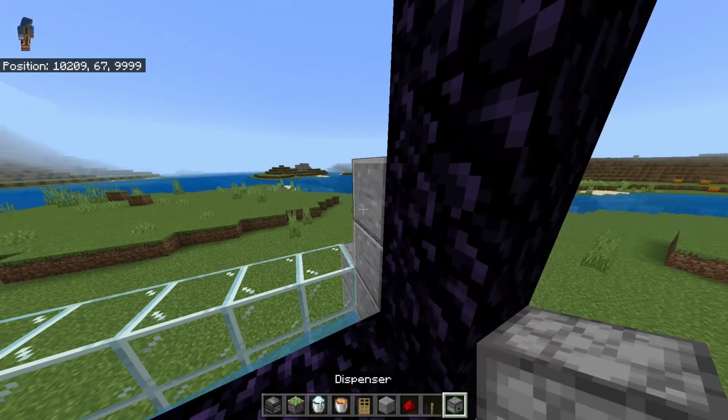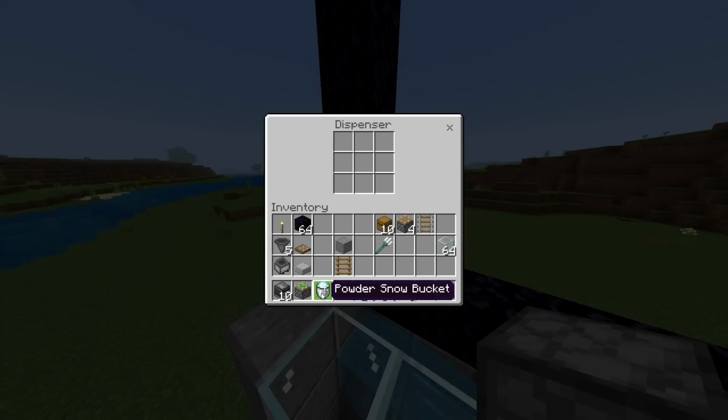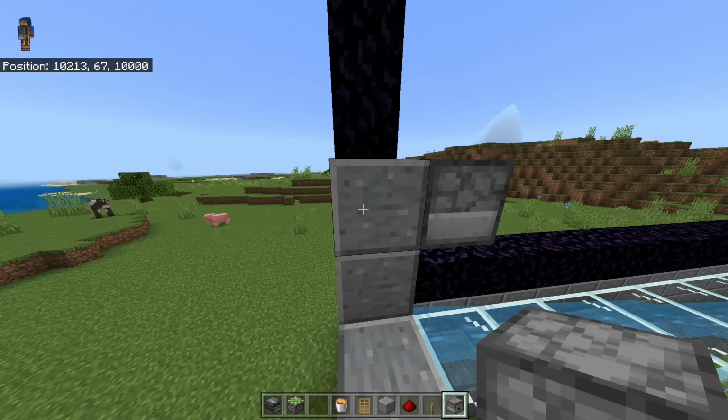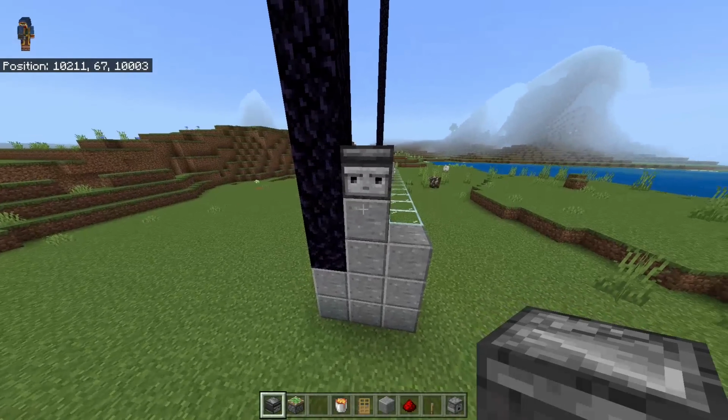Then take your dispenser and place it at this side facing the portal. You want to take a bucket of powder snow, this is very important, and place it inside. Water won't work that well. And then just destroy this block, place an observer facing this side, and place one more at this side facing